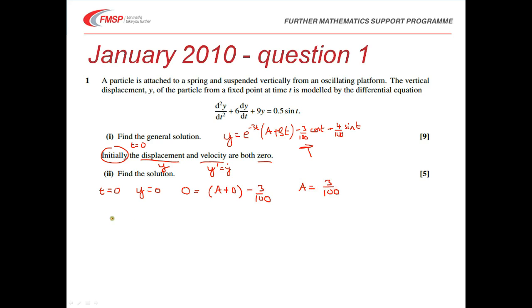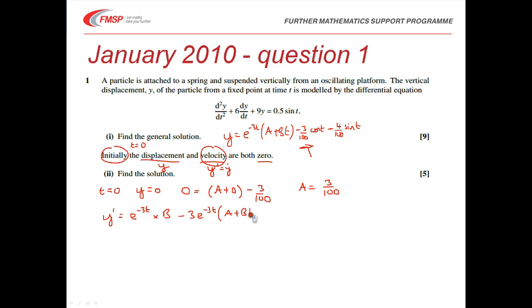It doesn't help me find b, but for that I need to use my velocity condition, and to do that I need to differentiate my general solution. So let's get y dashed or y dot. This is the tricky bit. We're going to have to use the product rule here, so we've got two functions multiplied together here. Use the product rule, leave the first one alone, e to the minus 3t, differentiate the other one. That's just going to give me a b value. And then do it the other way around, differentiate the first one. I'm going to get minus 3 e to the minus 3t, and leave the other one alone, which is a